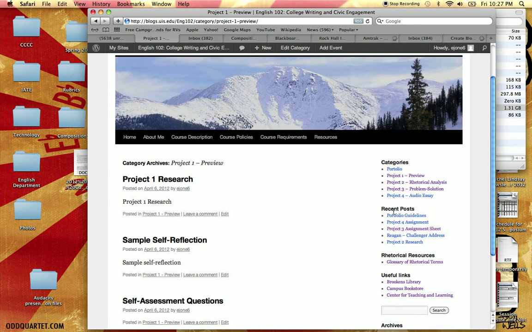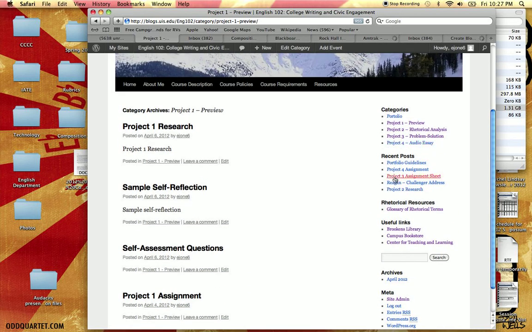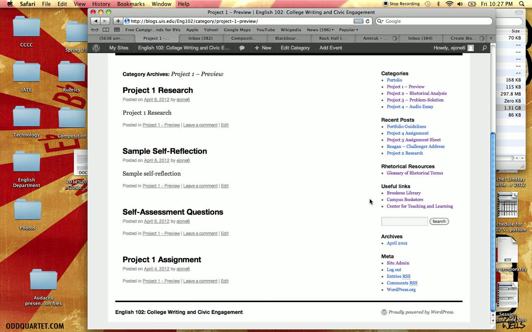There's a section of recent posts. I don't know if I would keep this because the most recent posts may not be the most relevant to students because I may be putting things up for Project 4 while they're working on Project 2. Useful links. Now the additional thing that I would probably do here if I use this for my syllabus is